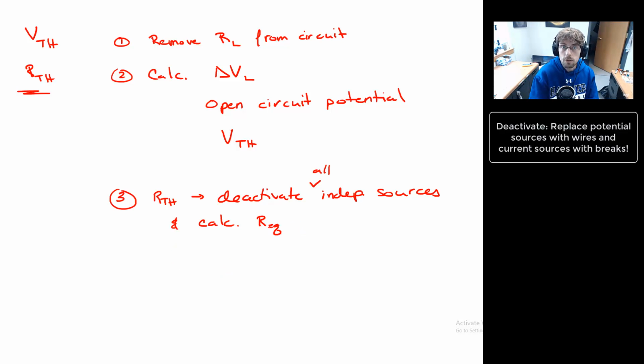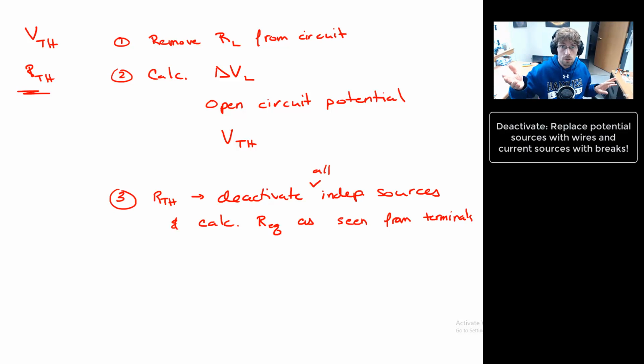If you deactivate your independent sources, you calculate the equivalent resistance, as seen from the terminals. So that place where you removed the load resistor, those are the two terminals, you deactivate all of the other